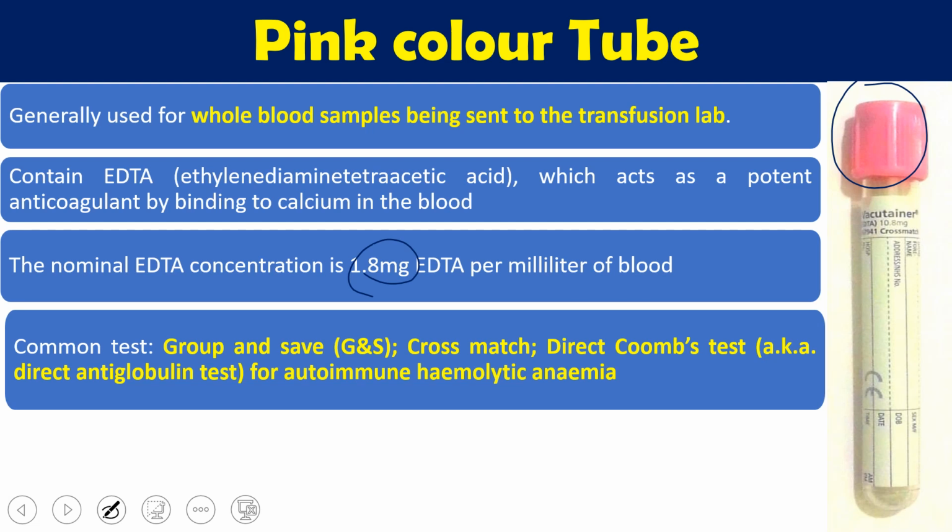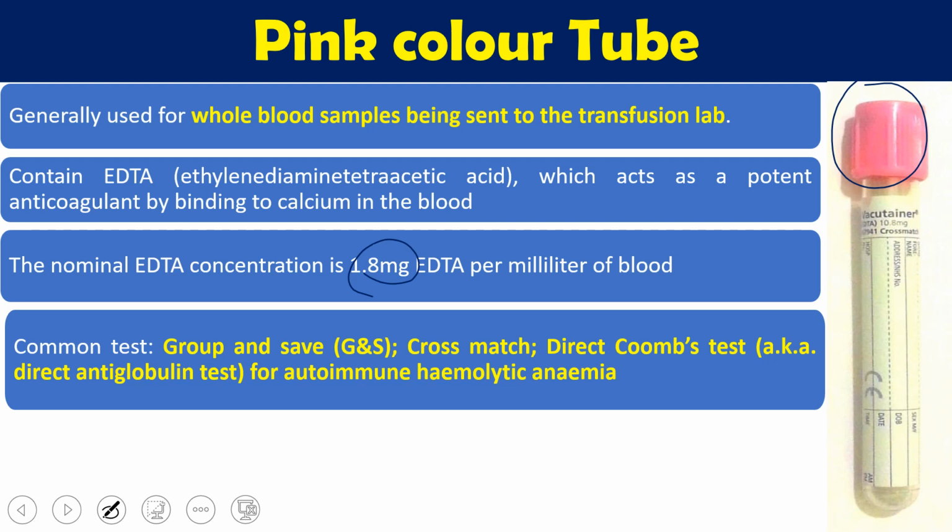So normally it is tested and evaluated for antibodies, and then it will be preserved in the labs or in the blood banks. So whenever it is required, at that time it will be taken for the transfusion after the cross matching. That is called group and save. For that purpose we are using these pink color vials. Then for cross matching: cross matching means that the patient's blood is typed and tested as above, as in the case of GNS. Then it will be matched with a specific unit of blood, platelets and other products for transfusion reaction. So that is called the cross matching test.